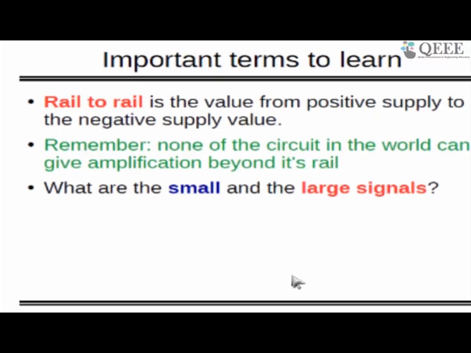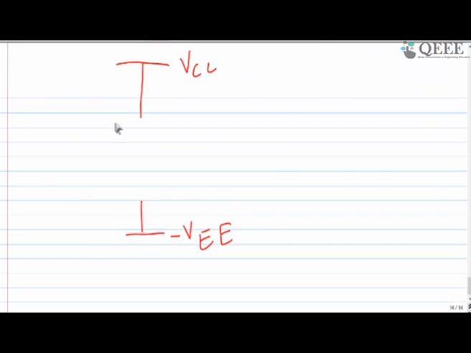There is one more thing. We agree that if you are in amplifier design, or in analog, or doing anything circuit related, you cannot get amplification beyond the rail. Beyond the rail means you cannot go beyond the positive supply, or below the negative supply. Okay, so what I mean by that,